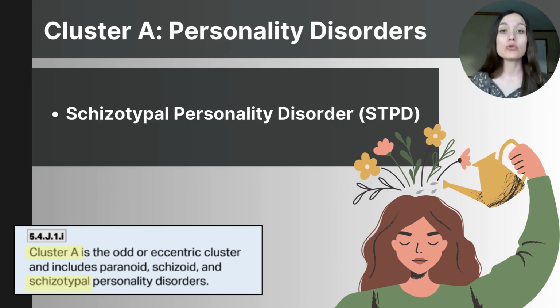Another symptom is unusual perceptual experiences. Another symptom is odd thinking and speech. So maybe speaking in unusual or vague or overly elaborate manners. Another symptom is suspiciousness and paranoia, as well as inappropriate or limited emotional expression. But one thing that's really important about this particular disorder is that it involves eccentric behavior, possibly even appearance, like dressing or acting in an unconventional way or manner. Other symptoms include a lack of social relationships and persistent social anxiety.